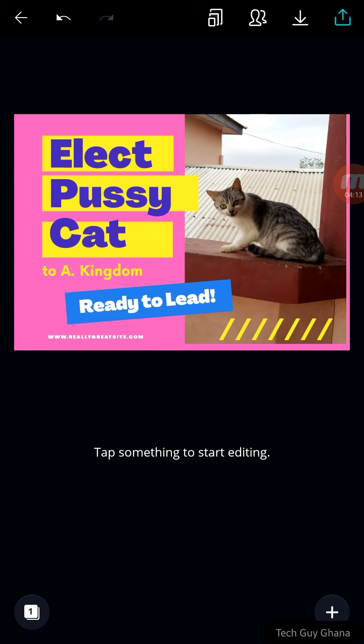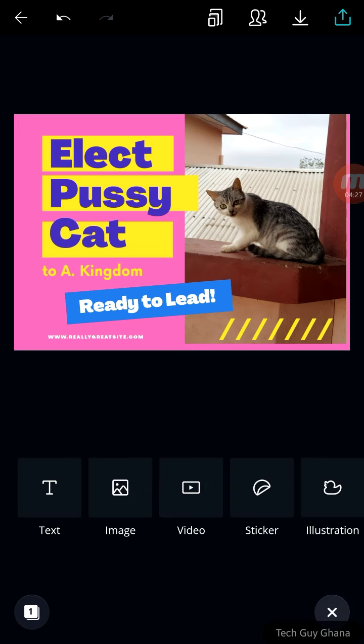And in here, if you want to add anything, let's say you want to add some images and many more, you can just click on the additional button. That's the plus sign out there. You can just click on the plus sign and add anything that you want.